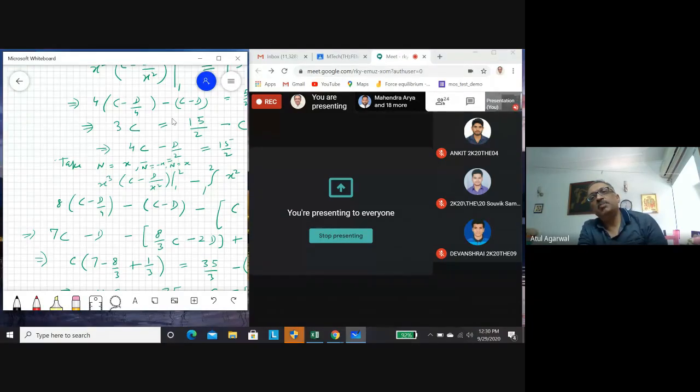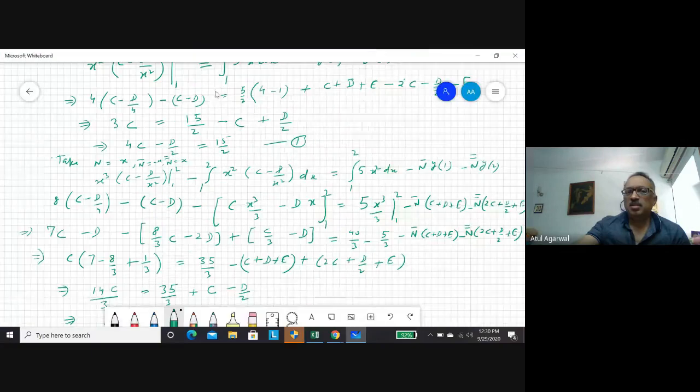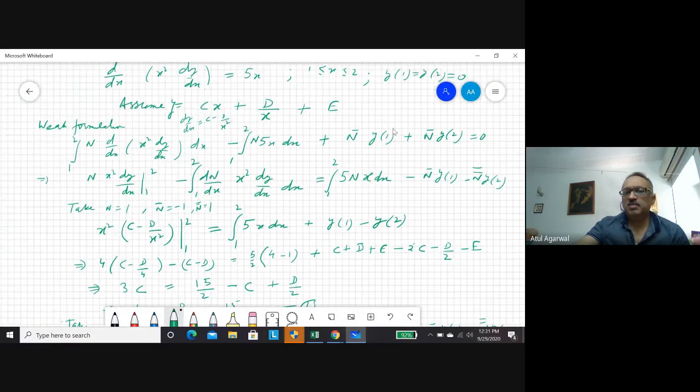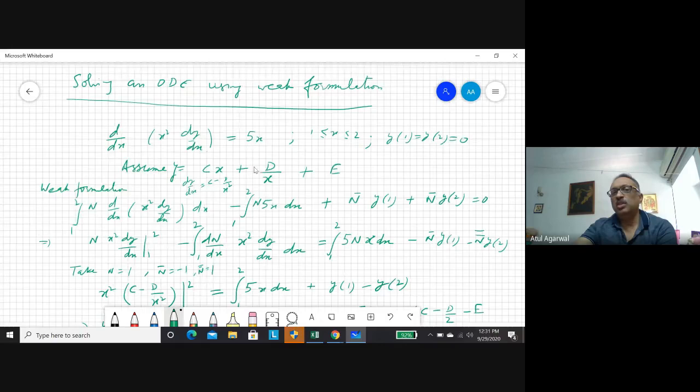In that case, if it is a piecewise solution, you cannot have second order derivability at the element boundaries. So all that I will tell you. Otherwise you could have chosen, because here all your functions have higher order derivability, whatever you have chosen. You can find their second derivatives. So you may do without a weak formulation. You have chosen this function.